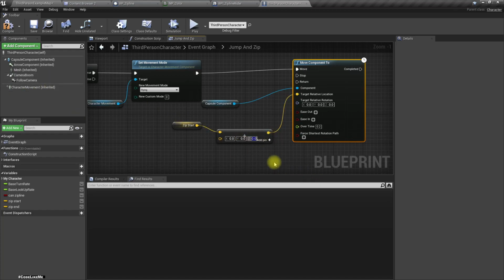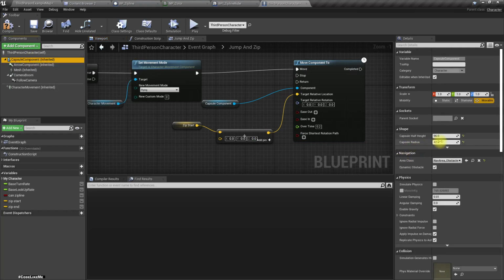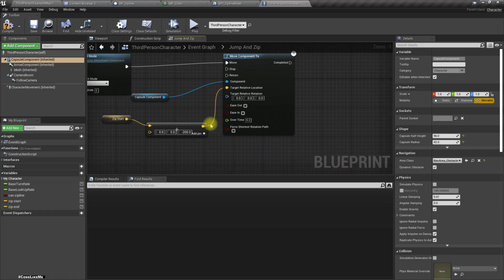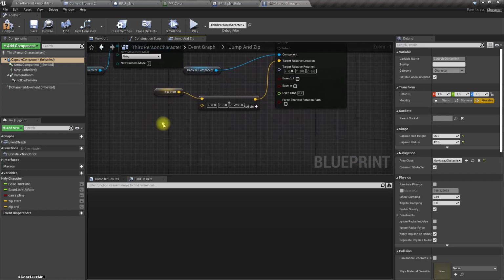So that means this is like half height is 96, let's say 100. So I'll reduce minus 200, and relative rotation should be,